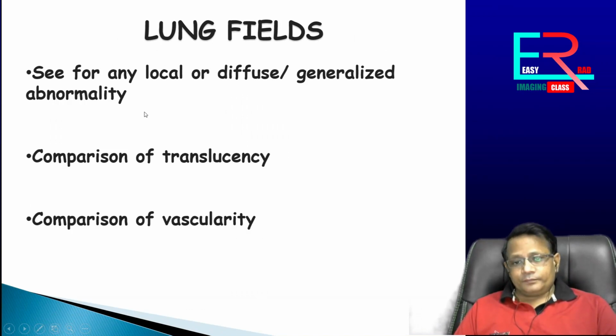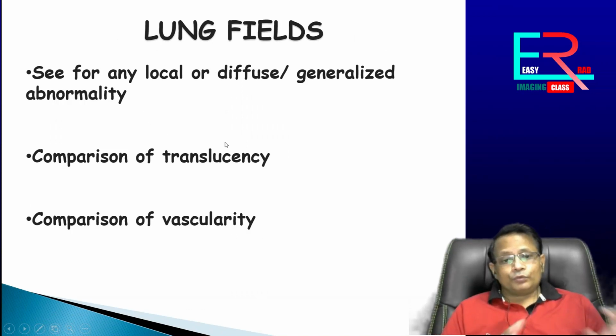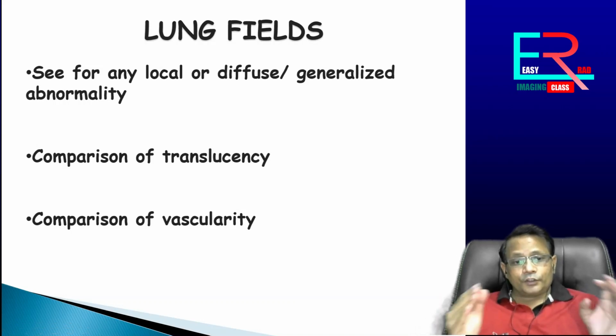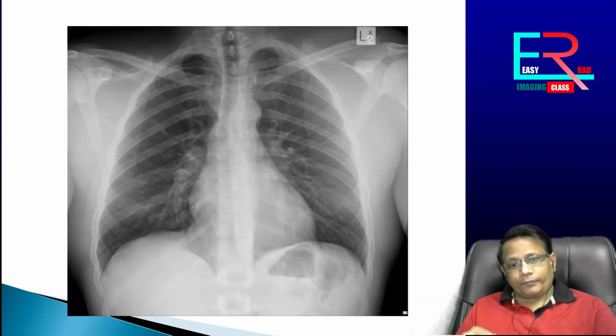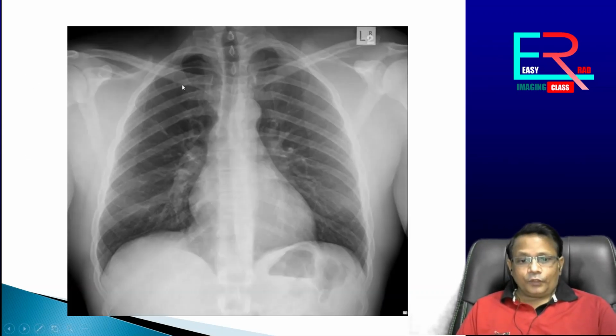Then come to the lung fields. When you go to see the lung fields or report on lung fields, always compare right and left. Always look for any diffuse process, any generalized process, or any focal lesions. Okay. See, always compare the right-sided bronchovascular markings with the left-sided bronchovascular markings. Look for progressive pruning or progressive tapering of the bronchovascular markings. Look for any diffuse abnormality, diffusely increased bronchovascular markings, or diffuse pruning of the bronchovascular markings, or any other focal lesions.